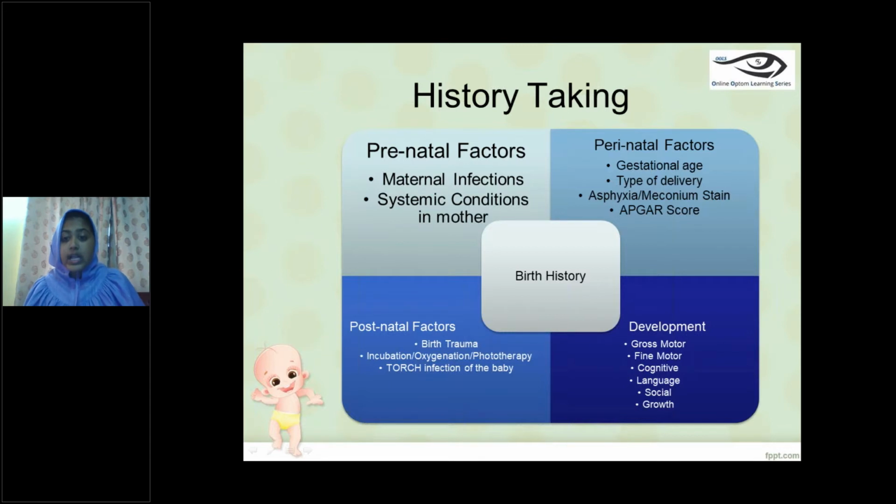Next, moving on to the development, these are the domains we would be asking about. In gross motor, we would be asking about head control, crawling, and walking. Is it okay? Was it delayed? Next, in fine motor, we will ask about the grip of the child. Have they attained the ability to hold objects? Have they attained the pincer grip? And moving on next, the cognitive,